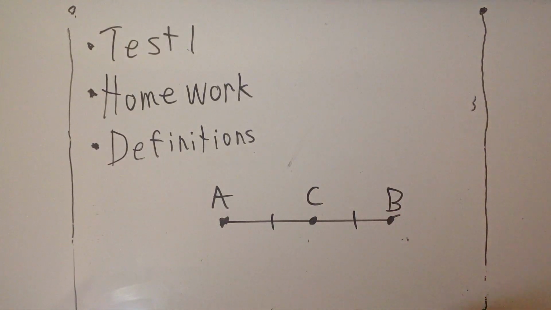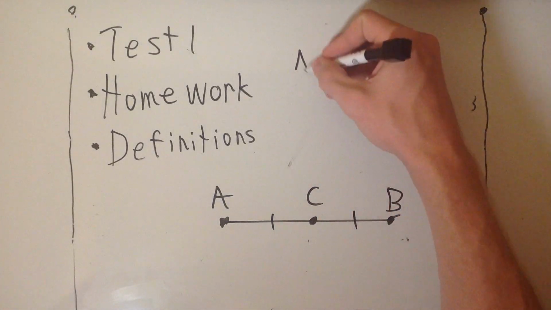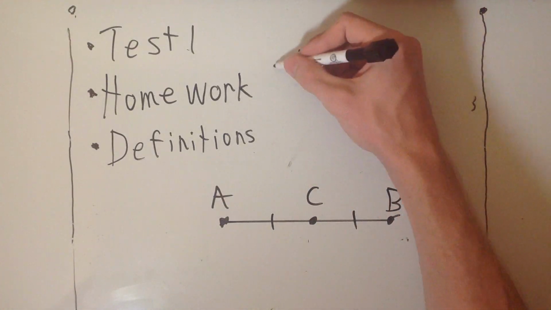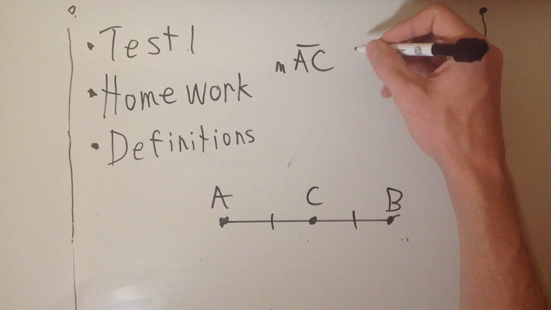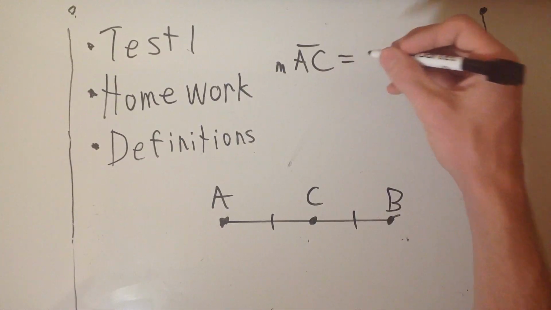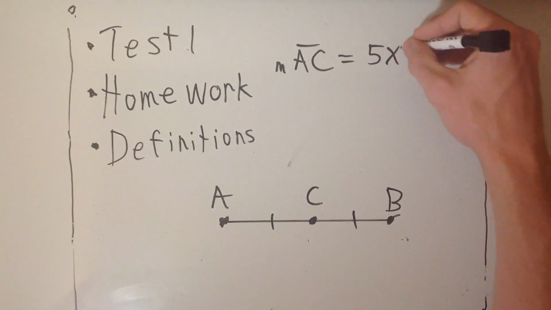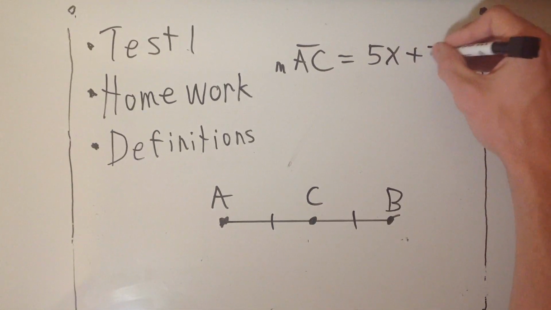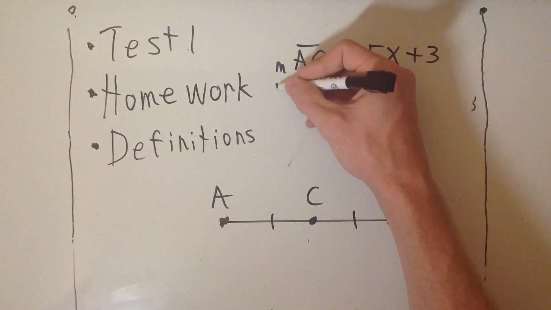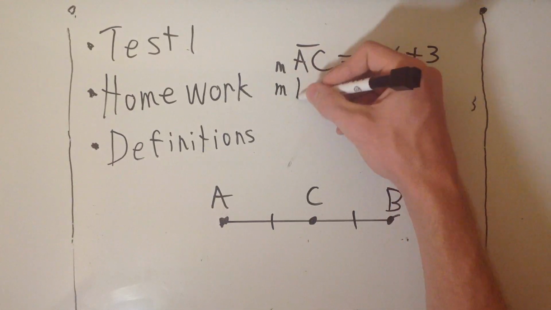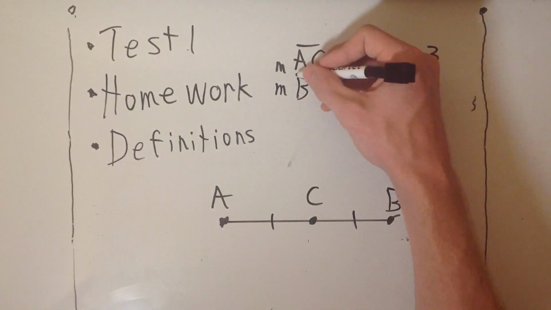And we got AC, measure of AC, denoted by the equation 5x plus 3. And then we have the measure of line segment BC